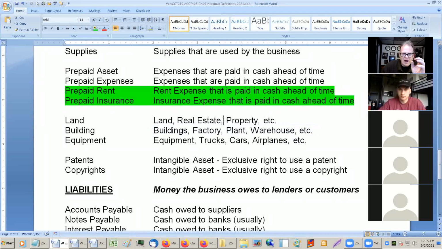And if you're wondering why we separate them, it's for a reason that we're not going to talk about until we get to chapter 3. And that is, we keep them separate. The land underneath the building is going to last forever, or the foreseeable future. The building probably won't. At some point, buildings become too old to keep up, and they tear it down and put up a new one. So the land underneath it, we keep it up forever. The building will depreciate. We'll say, okay, this building is not going to last forever, so we'll plan for that.